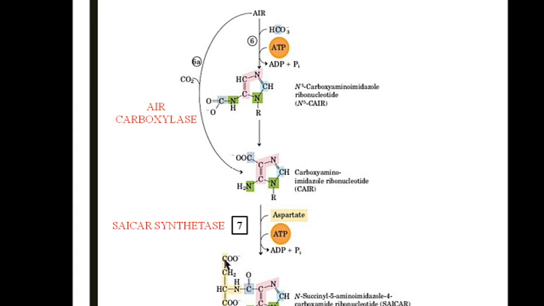Now coming to the next step, there is an addition of aspartate. So the aspartate is, I told you, alphabet A, it is 1, so it is N1 of the purine ring. It contributes the first nitrogen atom. Thus, with the help of an enzyme called SAICAR synthetase, because the product that we get here is succinyl amino imidazole carboxamide ribonucleotide. It seems to be tough, but if you understand, it is a very easy pathway.